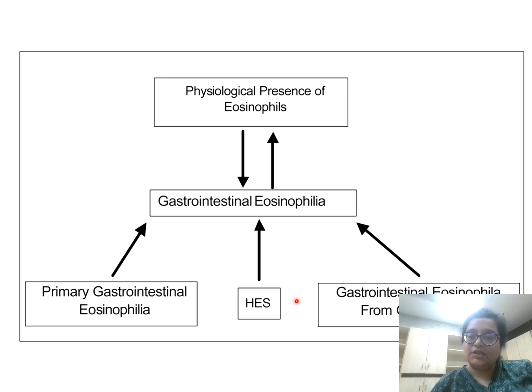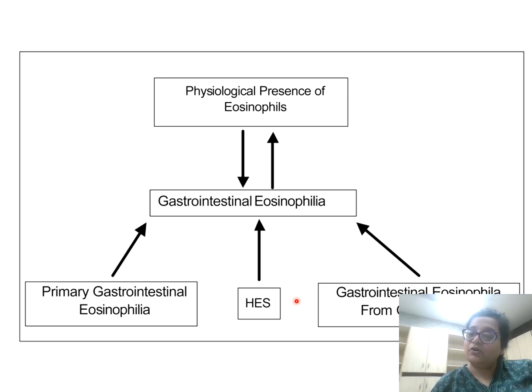So GVHD, we have to differentiate. For a post-transplant case with diarrhea, we have to differentiate GVHD from eosinophilic gastroenteritis or drug-induced toxicity. Important because the therapy differs. Hence, histomorphological clues are very important in diagnosing such cases. For GVHD, we'll go for apoptotic bodies. For MMF toxicity, there may be fewer apoptotic bodies, but there will be a lot of eosinophils in the lamina propria, as well as destruction of crypt epithelium by eosinophils if it is a large intestinal biopsy.